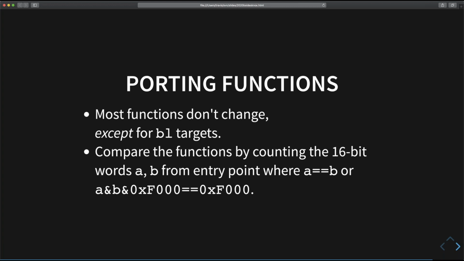So you're usually looking at the exact same assembly code linked to a new address. And when it's linked to a new address, the targets of the BL instructions, which means branch and link, which is the thumb version of a function call, those change, but nothing else changes. So we can do this trick where